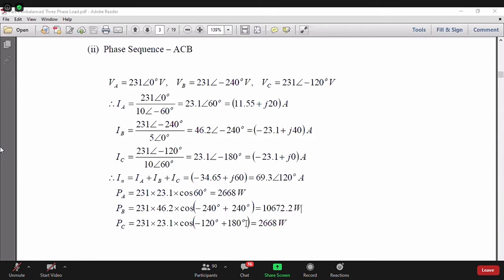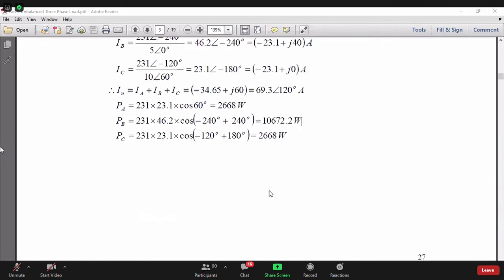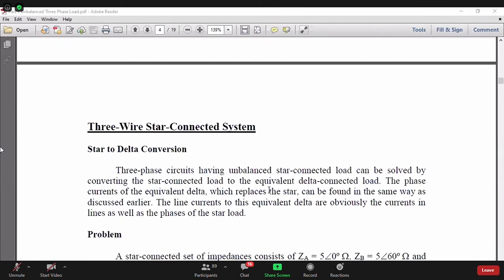Similarly, you can see this. That is what I have written, right? Theta 1 minus theta 2. The concept is very simple. This voltage angle is theta 1, current angle is theta 2. So theta 1 minus theta 2. But remember that every problem you can solve. Okay. Confusion is clear? Okay. Because now I will go into a much more complicated problem.